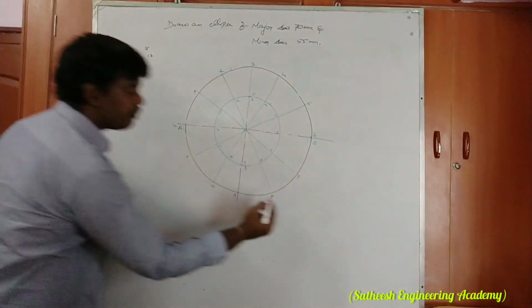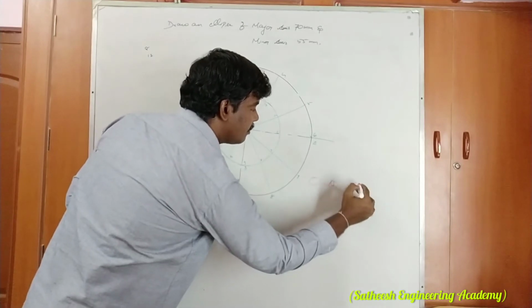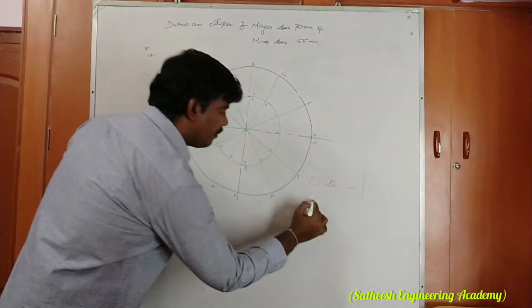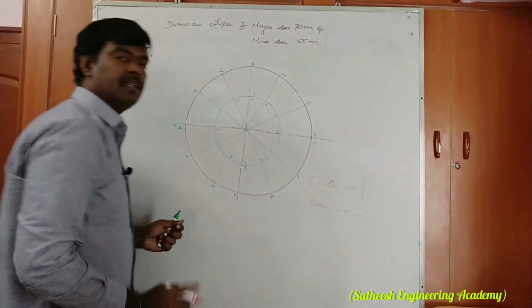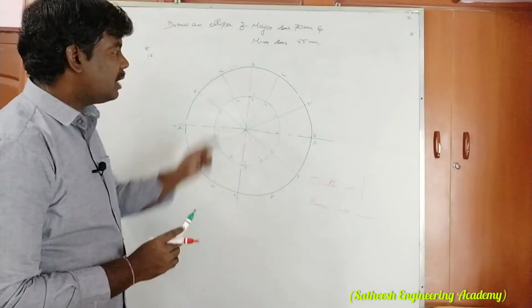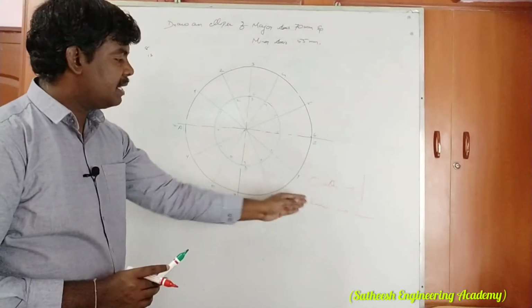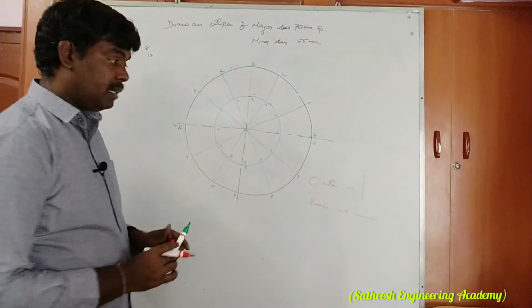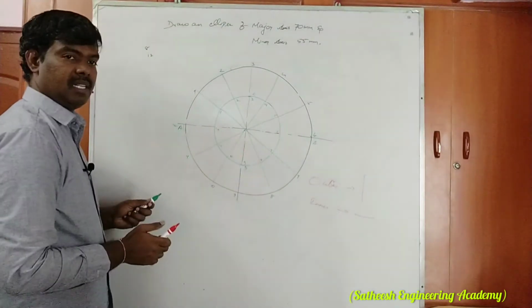So from outer circle points you draw vertical line. From inner circle points you draw horizontal line. That's all. From outer end 1, 2, 3, 4 you draw vertical lines. From inner circle points you draw horizontal lines. But both the vertical and horizontal lines lie between the two circles.